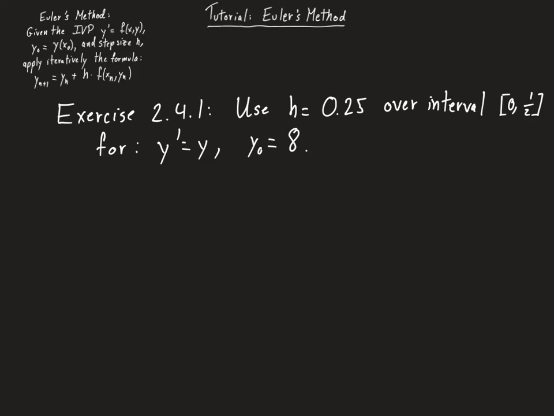Alright, so the exercise that I want to go over in this video is exercise 2.4.1 from the textbook, or a slight variation thereof. This problem asks you, in the first part, to use Euler's method with a step size of 0.25 over the interval that goes from 0 to 1/2 for the initial value problem y prime equals y and y0 is equal to 8. Alright, it then asks